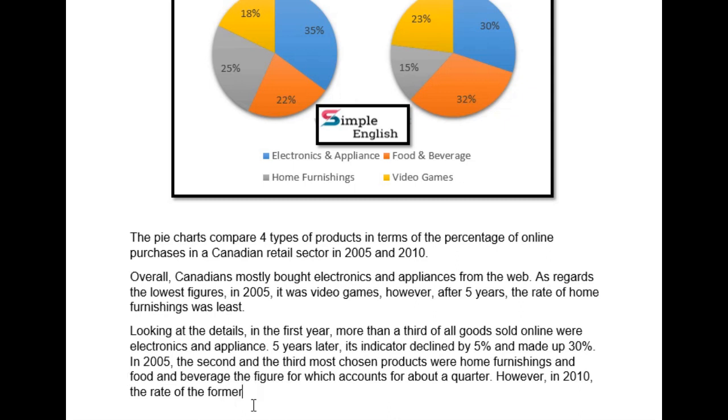So the rate of the former, which means the rate of the home furnishings, right? So the rate of the home furnishings declined, which means decreased by 10%, being the least popular product in retail sector,